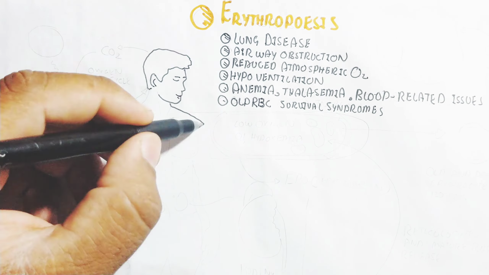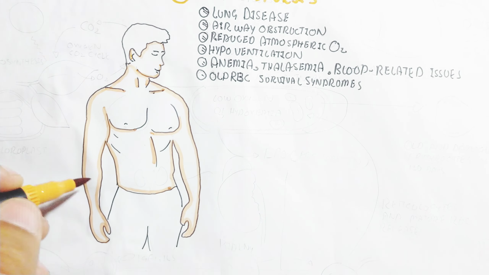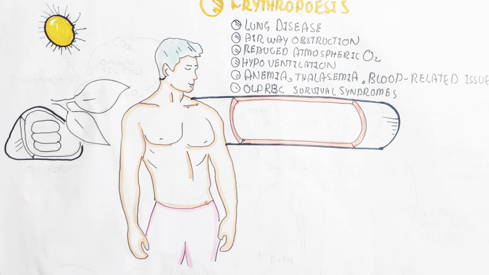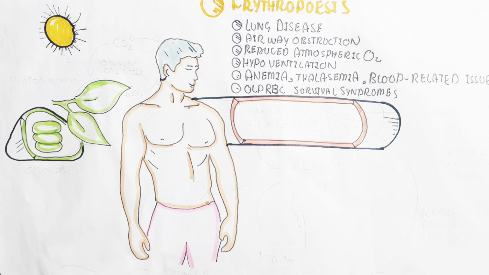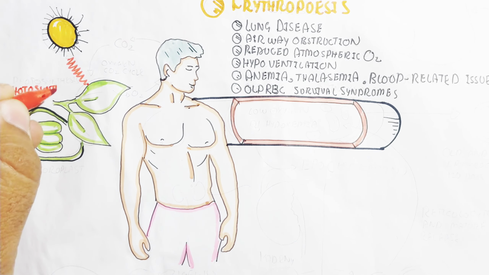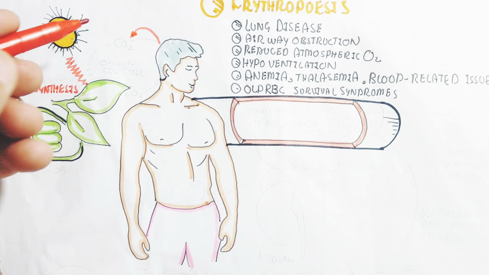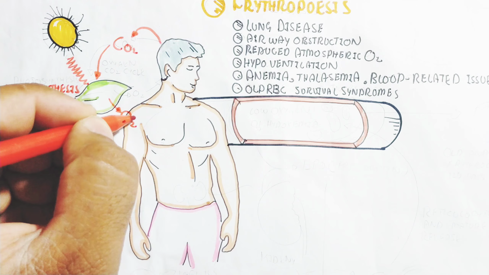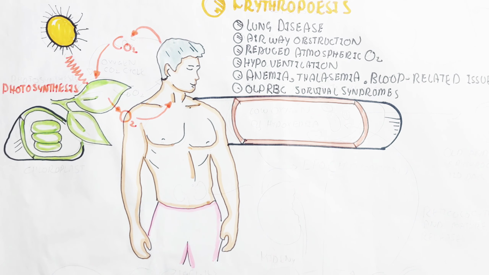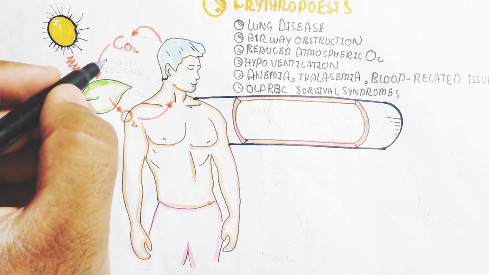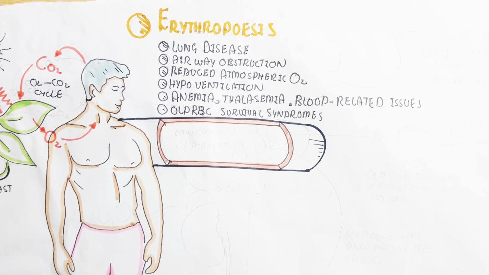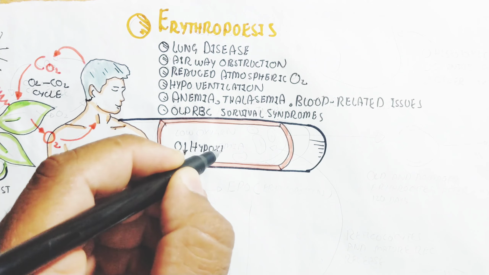In your blood circulatory system, whenever the RBC decrease or the demand for oxygen increases, the RBC will increase. Photosynthesis produces oxygen, and that oxygen is consumed in your body, while the exhaled carbon dioxide is donated to the plant to again produce oxygen by the fixation of carbon dioxide in the Calvin cycle. So this carbon dioxide and oxygen cycle will occur.